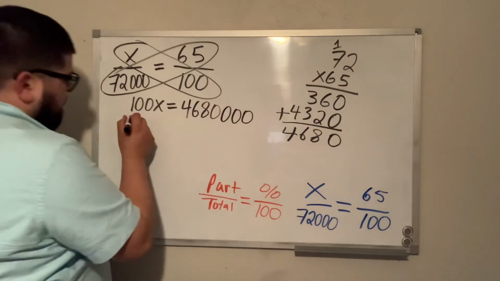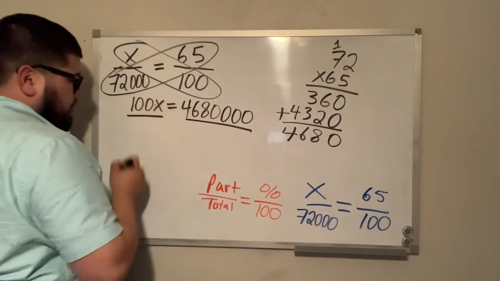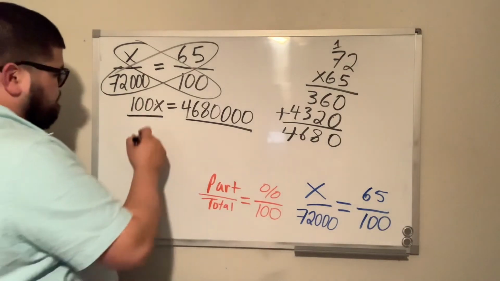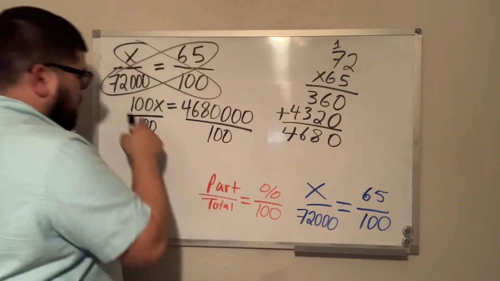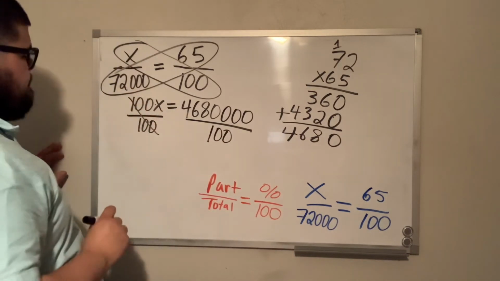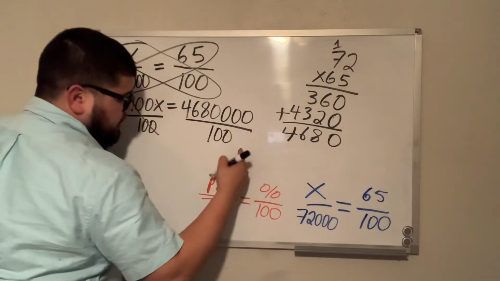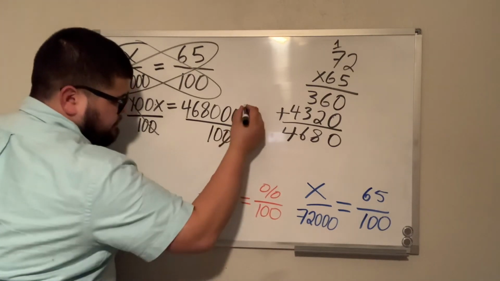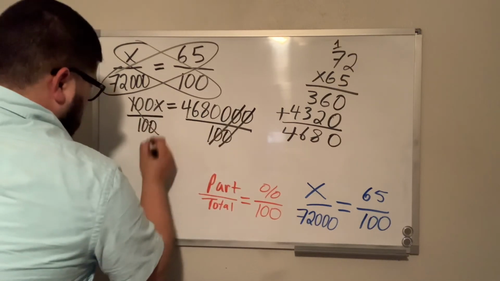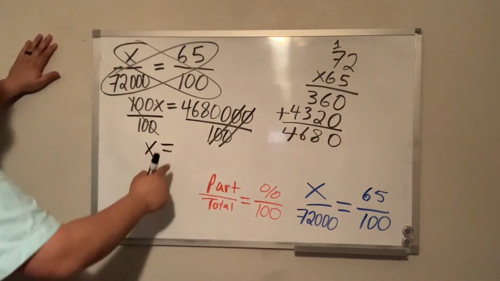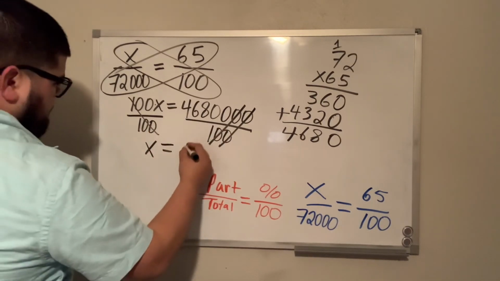Now, we're going to divide both sides by the 100, like we've done before. Whatever you do left, you have to do to the right. 100 divided by 100 is 1. And then right here, remember, we can cross out the zeros as long as there's 1 in the numerator and denominator. 1, 2. And we're left with 1 in the denominator. X comes down, equal sign comes down. 46,800 divided by 1 is just